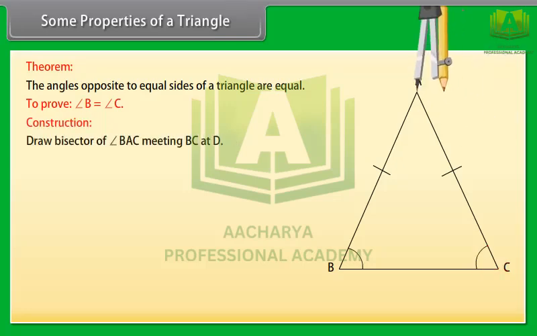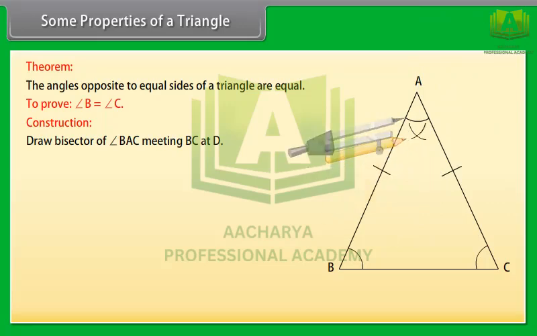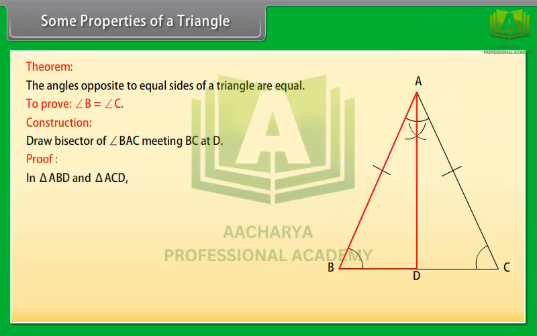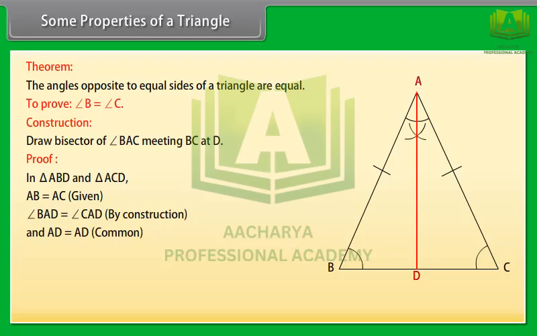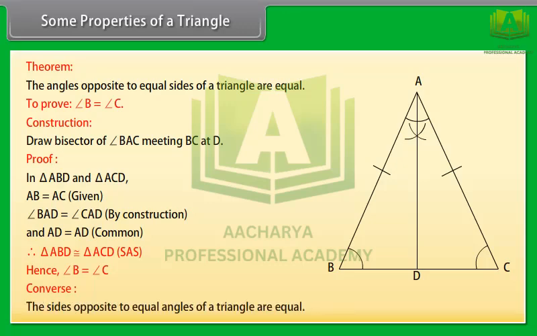Construction. Draw bisector of angle BAC meeting BC at D. Proof. In triangle ABD and triangle ACD, AB is equal to AC is given. Angle BAD is equal to angle CAD by construction, and AD is equal to AD common. Therefore, by SAS rule, triangle ABD is congruent to triangle ACD. Hence, angle B is equal to angle C. The converse of the above theorem is also true, which says that the sides opposite to equal angles of a